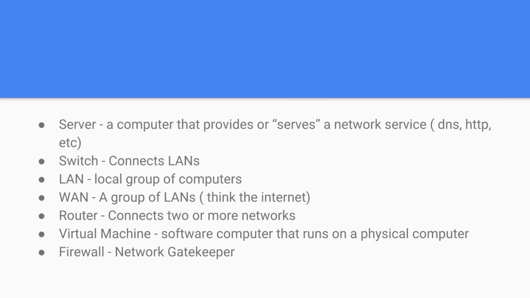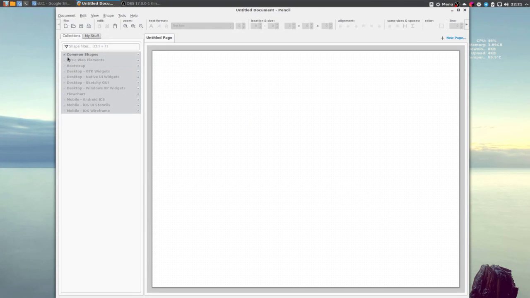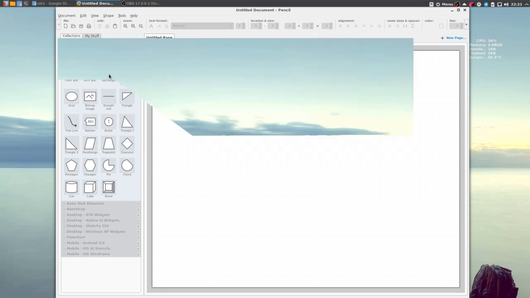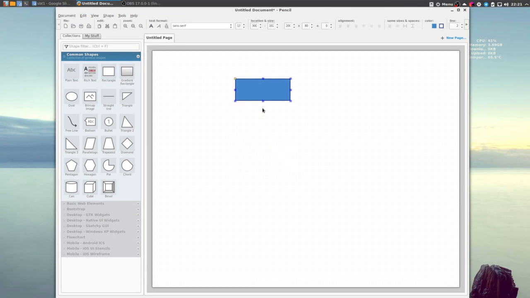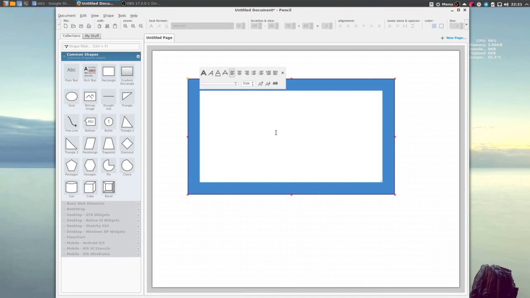Virtual machines. A virtual machine is exactly what it sounds like. It's a software-based computer, right? So in preparation for this, I kind of had pencil going. Let me see if I can come up with something here that will make sense for you. Okay, let's try this. Here we have a typical computer, right? This is your hardware. Inside here you'll have a CPU and memory.